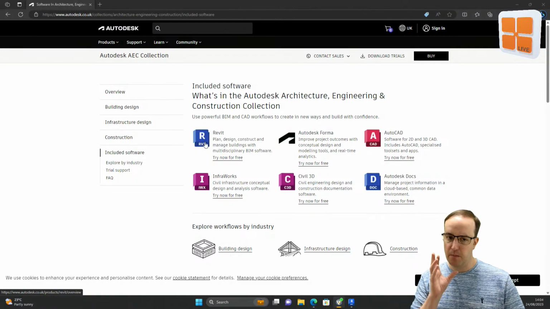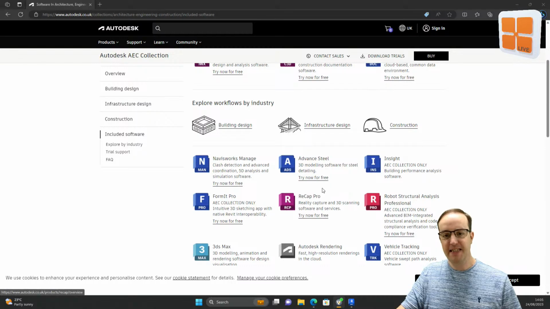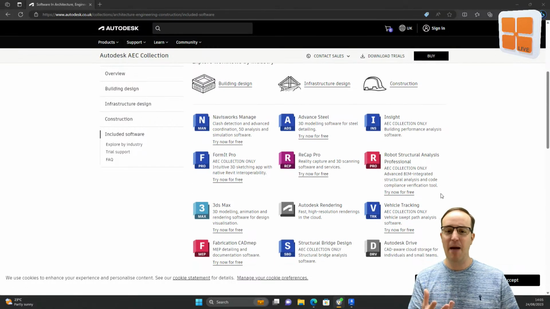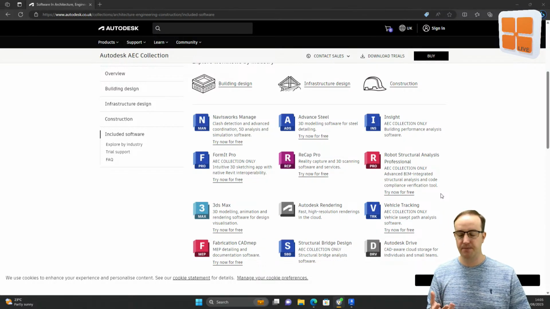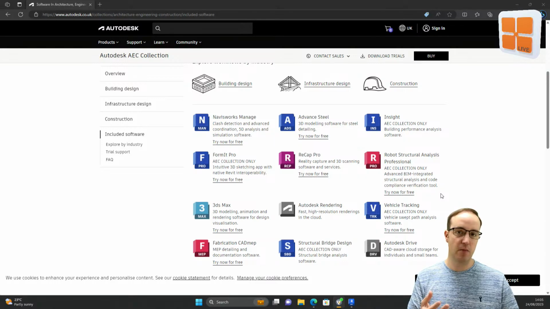So we have some core digital construction tools at the heart of this collection. These then move into like a collaborative environment. So let's take Navisworks, for example, the ability to be able to federate models together and clash them. So if you want to run a clash detection between structural elements and mechanical elements in your model,